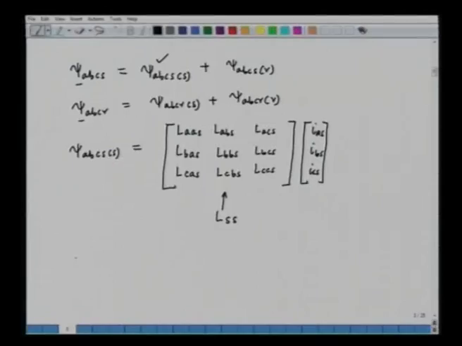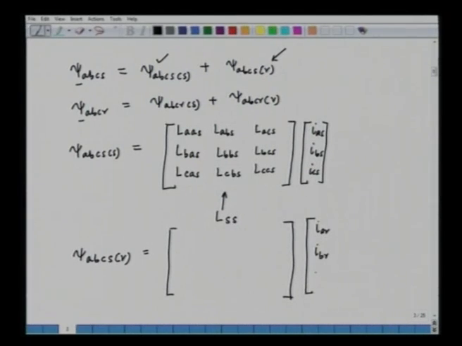So similarly, psi ABC due to the rotor currents, this component, will also be written in terms of inductance and current, but instead of stator we have the rotor currents producing the flux linkage, IAR, IBR and ICR. And here we will have